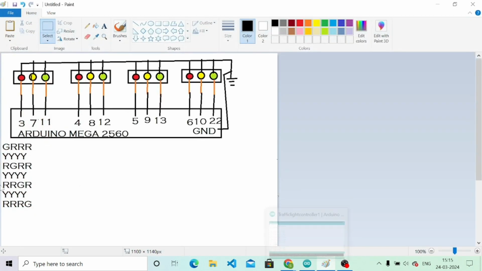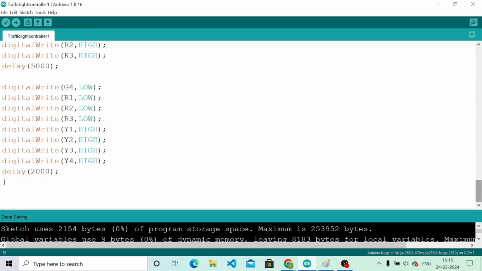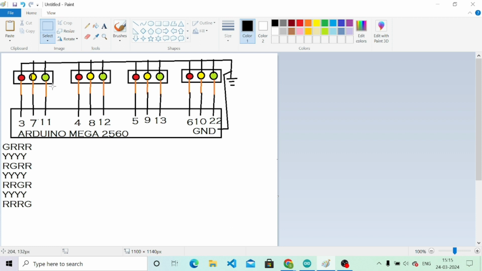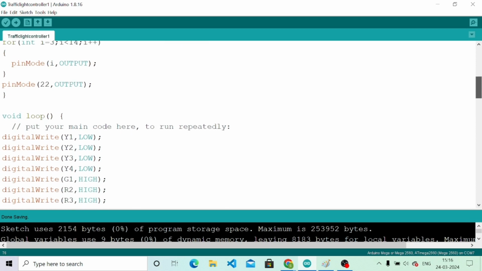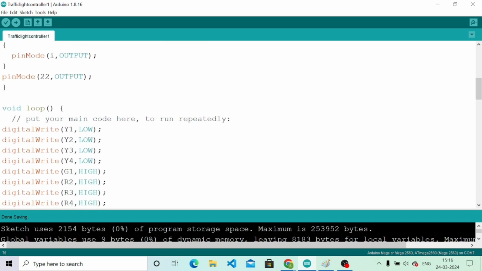So now what I did was, once it has reached the end of the iteration, that is, in the first 3 sets all red LEDs are turning on and the last green LED is turned on, then again I have mentioned that all the yellow LEDs should turn on. That is, all these yellow LEDs should turn on, and then only it should again start going here. So for that, I have considered all the yellow LEDs are turned on here. That's why I have written at the starting here that all these yellow LEDs should turn on, because